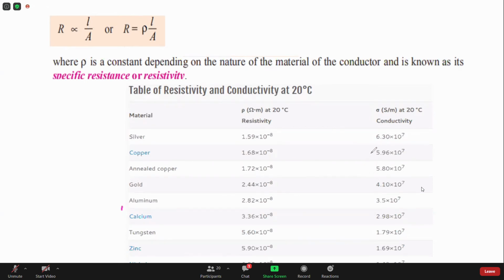But again, ang atong gigamit nga material is copper and aluminum. We're not using gold, no? So if you look at gold, it is better than aluminum, but we don't use gold, no? Kanang katong mga spare nato sa lightning arresters, they are coated with gold, no? So silver, gold. Okay.